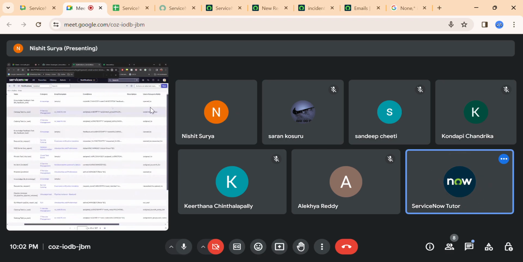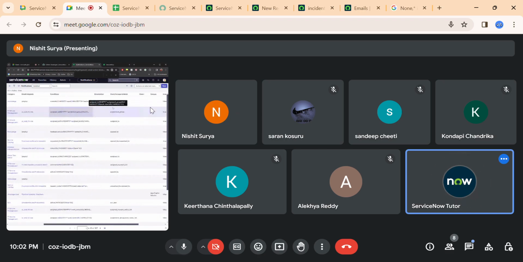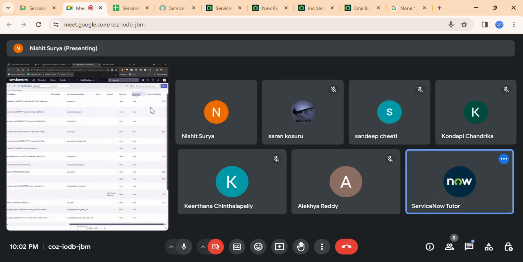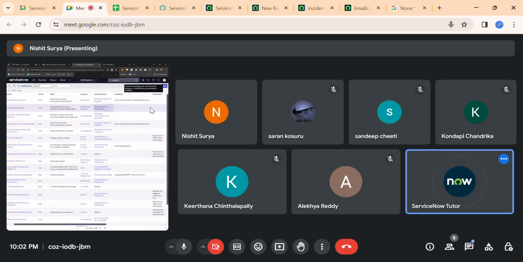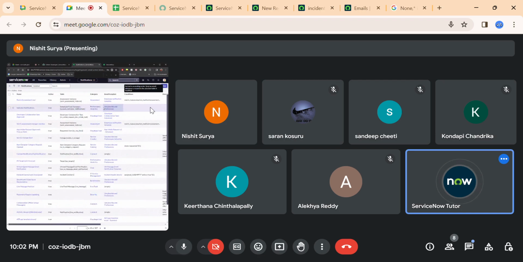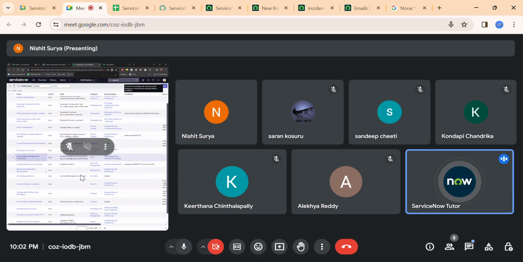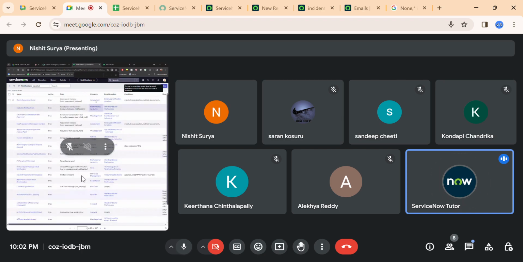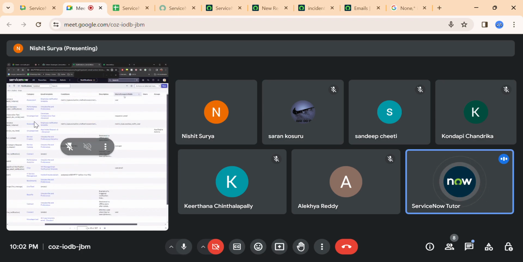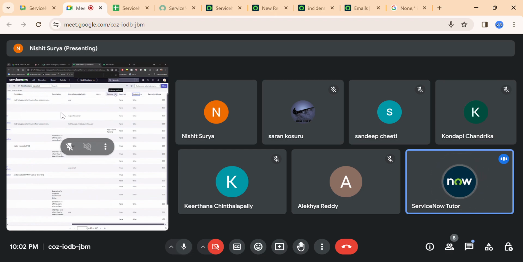Let me remove this condition and click on updated. Not that, again click on updated. Just check. Oh yeah, the first one, is that the one? No. Then show matching on incident. You wrote on the incident table, right? Show matching. Here you have the table incident, right?